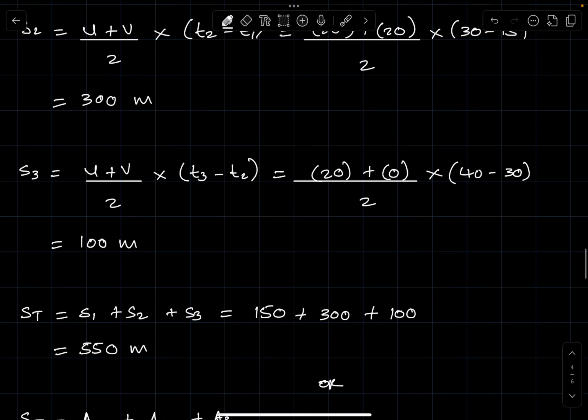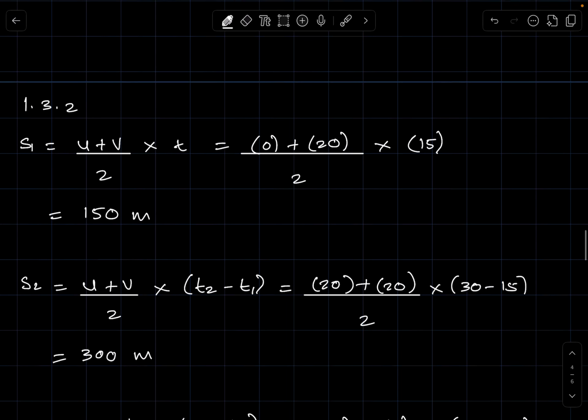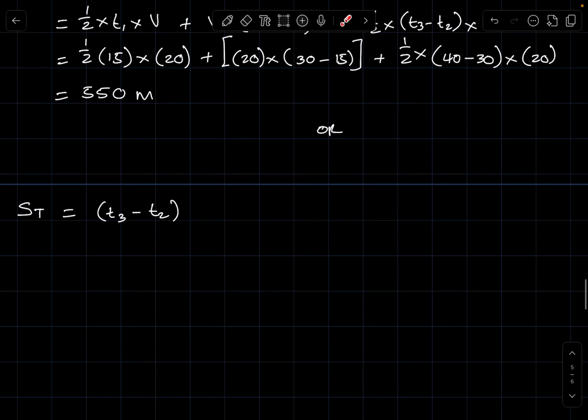So we can say here, area of a trapezium, you have T3 minus T2, which is essentially A, from here to there. So this is T2 minus T1, my mistake. So this is T2 minus T1, so that's T2 minus T1, plus,